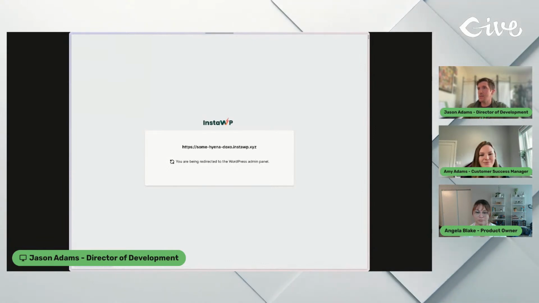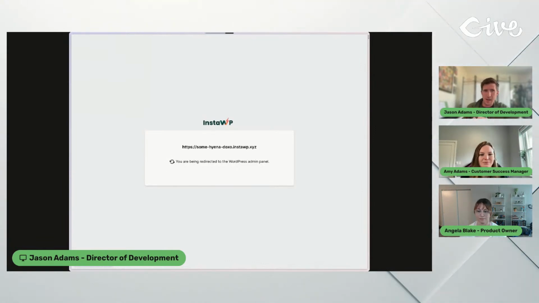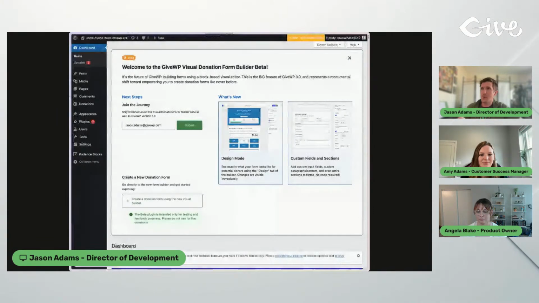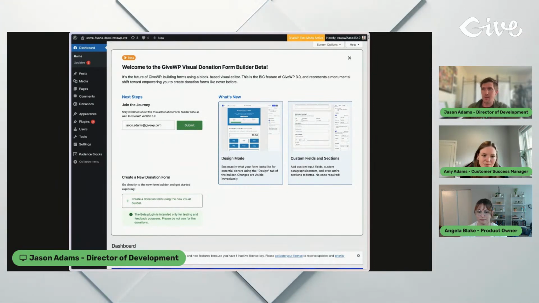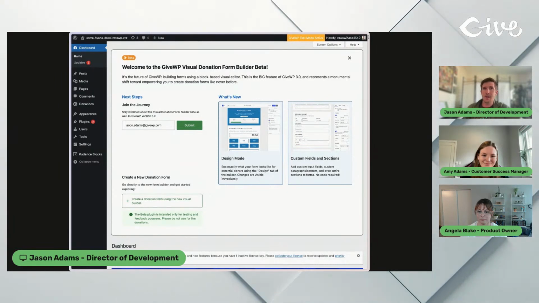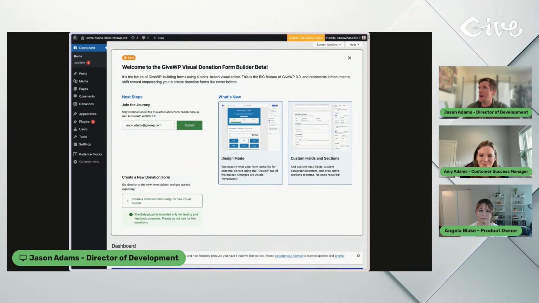And what that just did was completely create a brand new WordPress site from scratch. So this isn't like a demo site used by 1,000 other people. This is a site unique to me, having clicked on that button, that I can now go play with myself. And from here, it'll bring us right to the landing page where we get this introduction to the